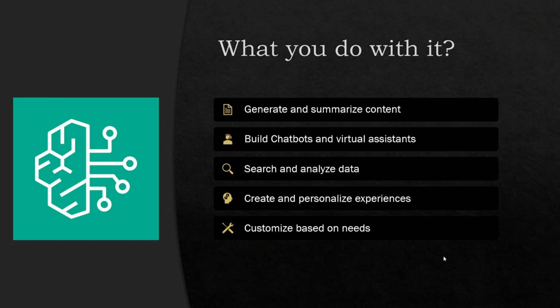And with features like RAG, which means retrieval augmented generation, you can connect a model to your company data to generate domain-specific responses as well. So in short, Amazon Bedrock removes the heavy lifting of working with generative AI. It lets you experiment quickly, scale confidently, and focus on building real applications that deliver real value without worrying about model management or infrastructure. So that's why it matters, and these are the use cases for